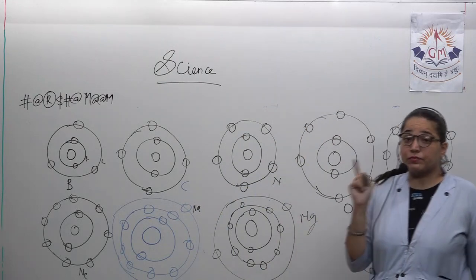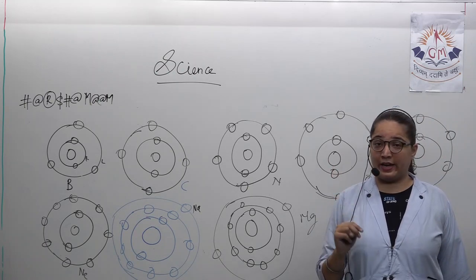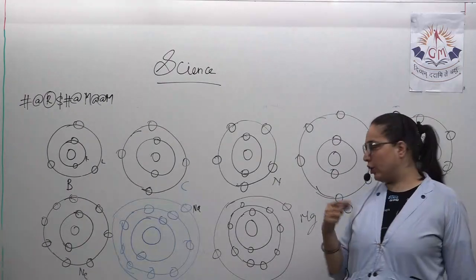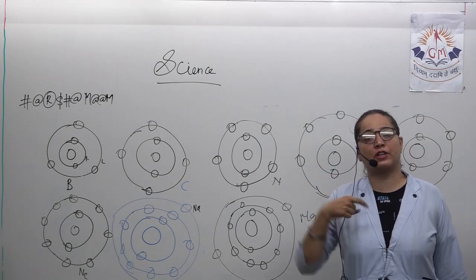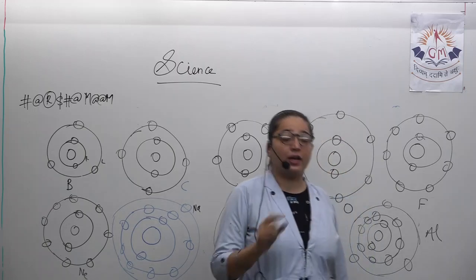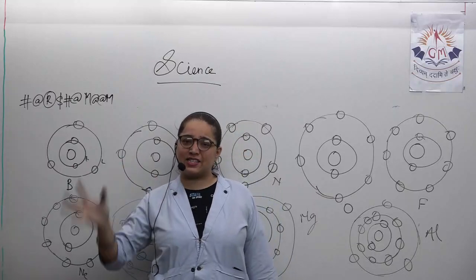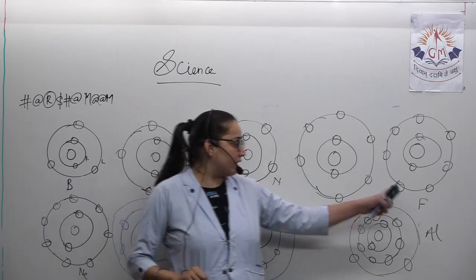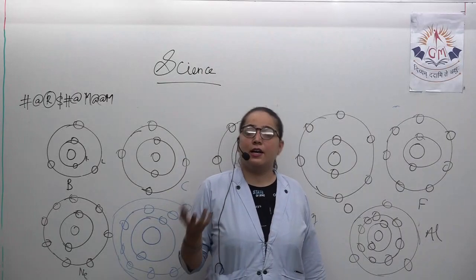Next, magnesium. What is the atomic number? 12. Electronic configuration: first it will accommodate 2. After accommodating 2, it will accommodate 8. After accommodating 8, how many are remaining? 2. 2 move in the last orbit. In the same way, the electronic configuration of aluminium will be first 2, then 8. Next, how many accommodation can be done? 8. So give the 8 electrons in the next particular shell. How many are remaining? 3. 3 will go into the next shell.